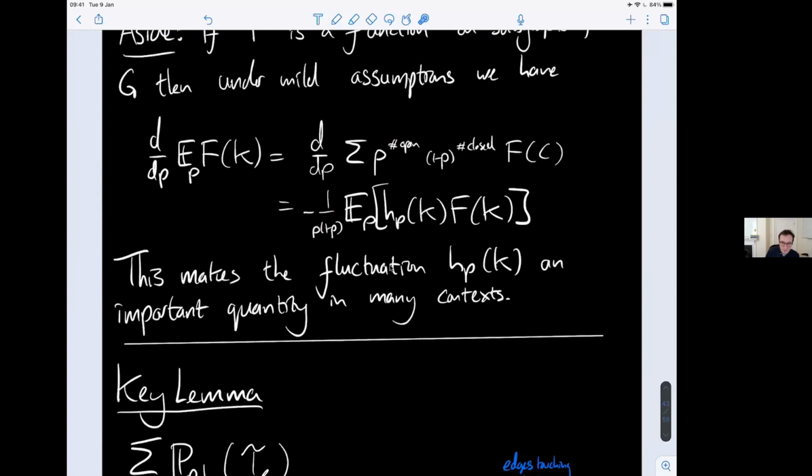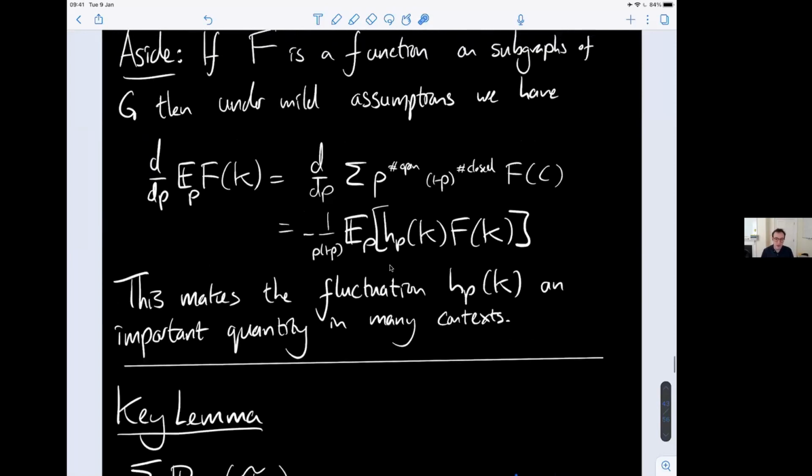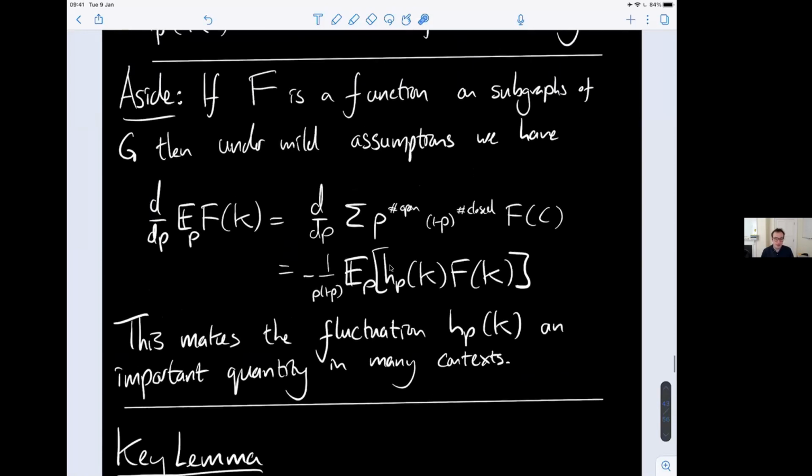Okay, so this is really just something about differentiating functions of IID random variables, that you get this fluctuation inside the expectation. And by the way, this is obviously equivalent to Russo's formula, but it's not obviously equivalent, and the fact that you have these two different expressions for the derivative can be useful sometimes. Anyway, this derivative formula makes the fluctuation a natural, important quantity. So we won't actually be using this, but I think this is kind of related to how Aizenman, Kesten, and Newman might have